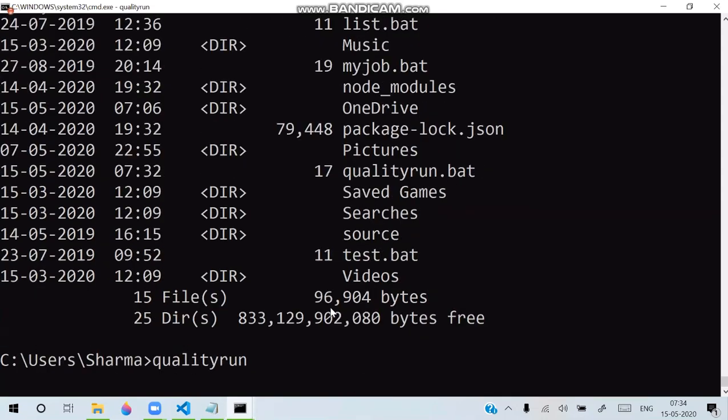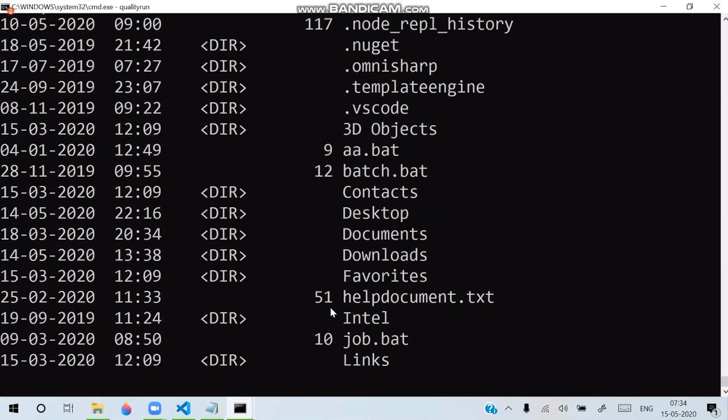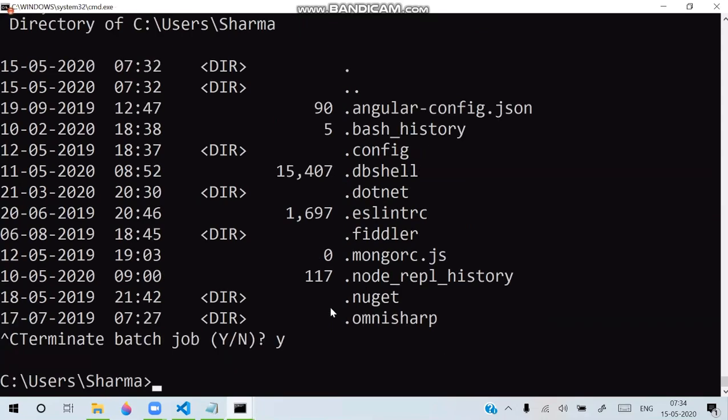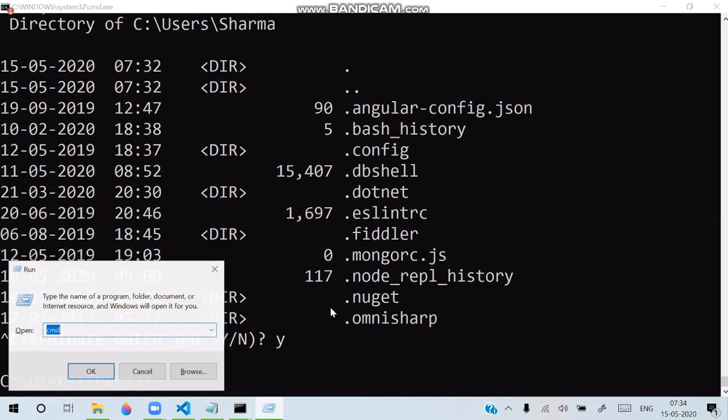So when you want, you can terminate this. Control C, it will terminate the batch job and it will stop. These type of batch jobs are very much used regularly. For example, I want to test whether connection with my server is working or not. Is my server responding or not? Then do you know what we do? We open run. In the run, we use a batch job called ping